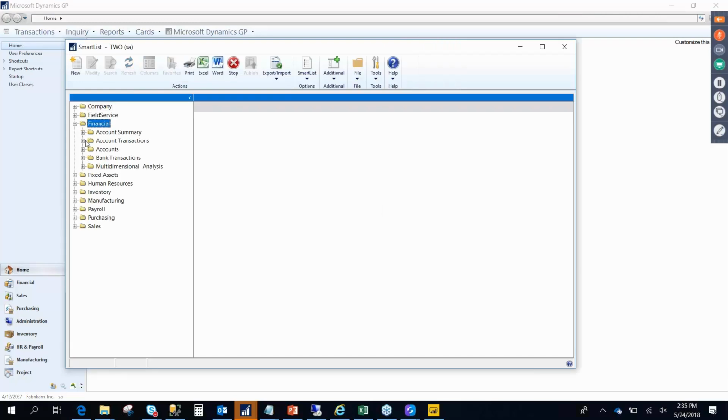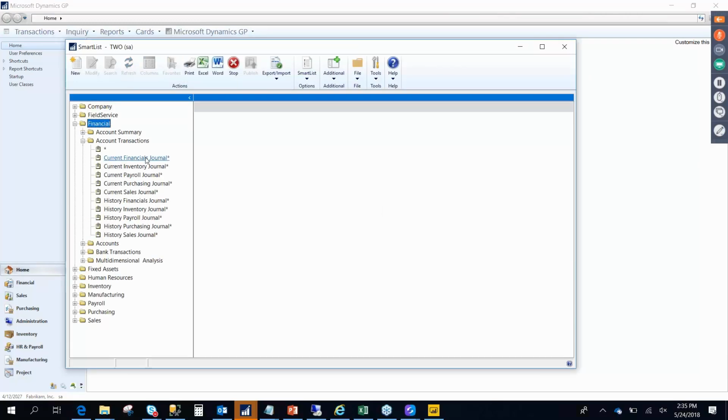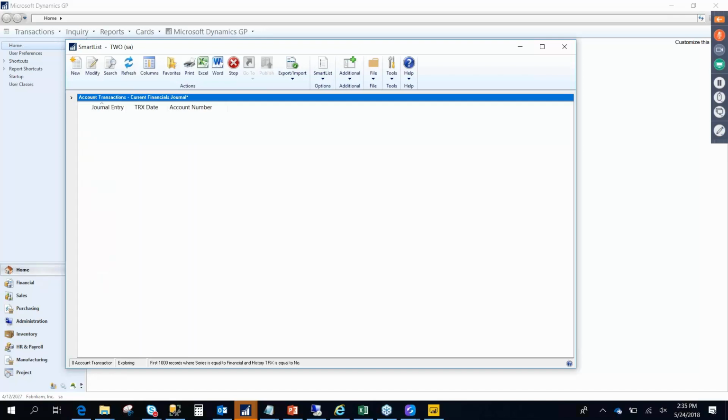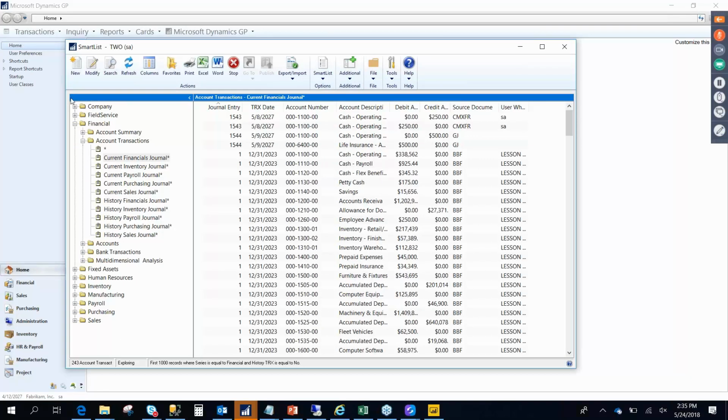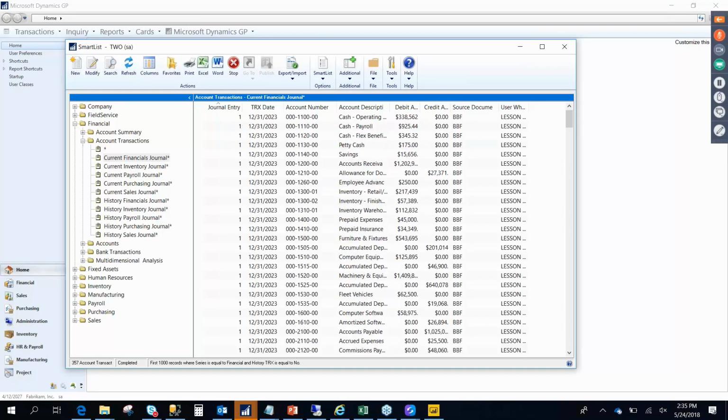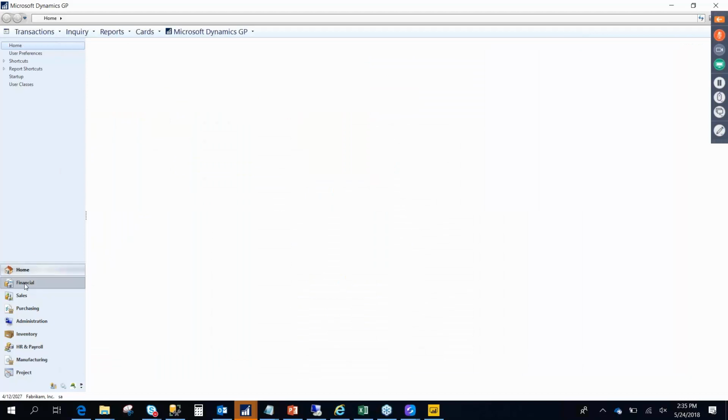Well, let's say financial. What do we have under financial? Something fun. Current financials journal, okay? I've got this, and I love running this report, but you know what? I would love to have it in an Excel version. I should be able to find current financial journal underneath financial and in the Excel reports under that exact same